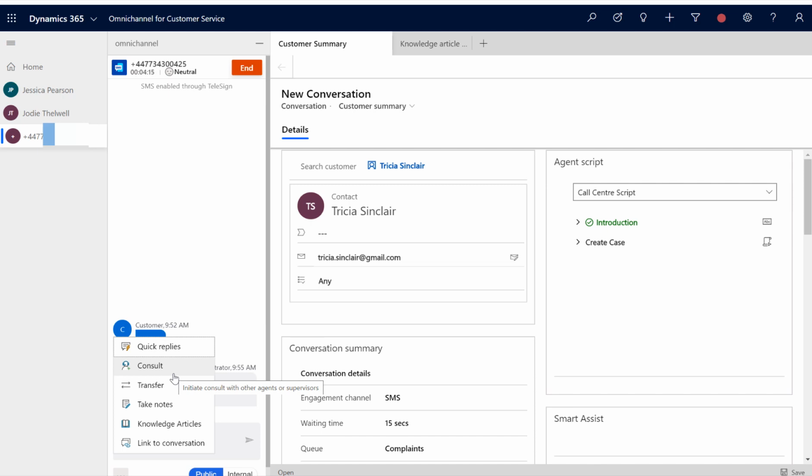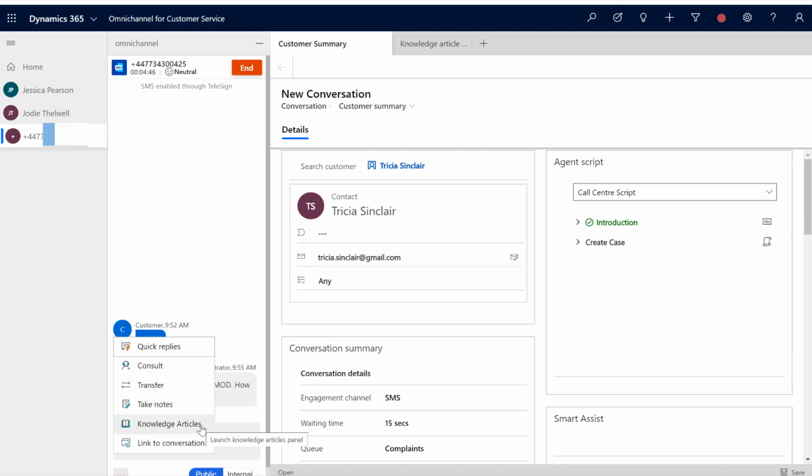What that means for transcripts is that the conversation that you had internally will not be available on the transcript, so the customer won't see it, and what's stored inside of Dynamics will not include that internal conversation. You can transfer, as I mentioned. You can also take notes, which are then added to the case form. And you can also directly from here access the knowledge articles area.